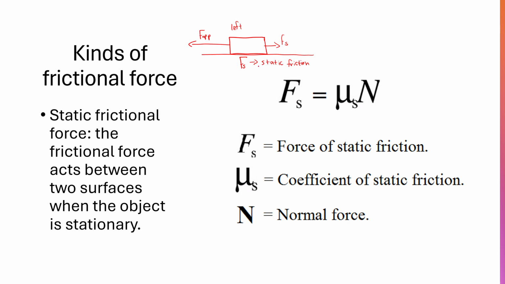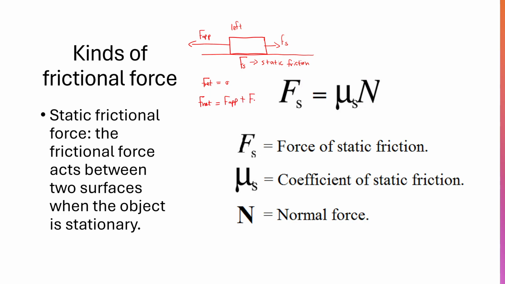When you have static friction, in most cases, F net is equal to 0. The F applied is not pulling the block to the left because the static friction is balancing that out, meaning F net, which is equal to 0, is also F net equal to F applied